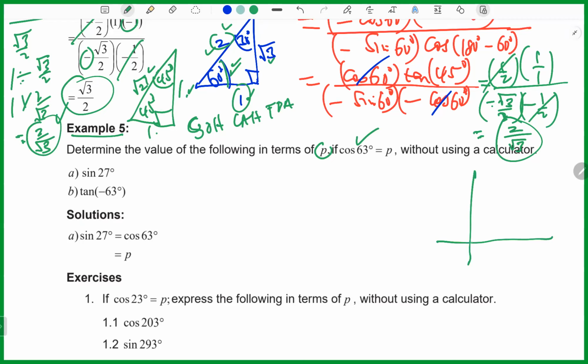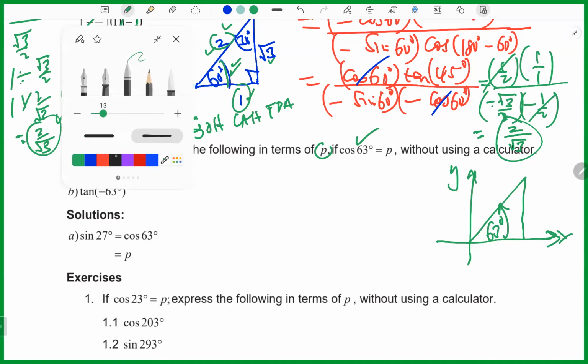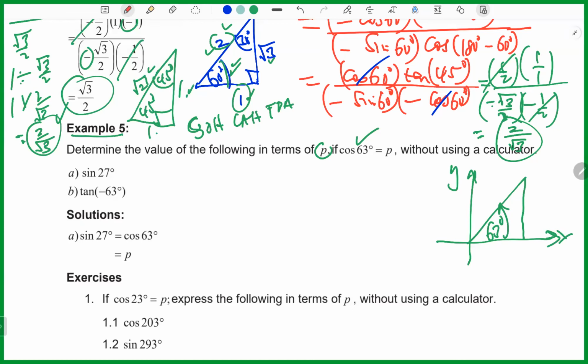In which case, at 63 degrees, this is Y and that is X. So in the end, what you're getting is the following. The cosine is the